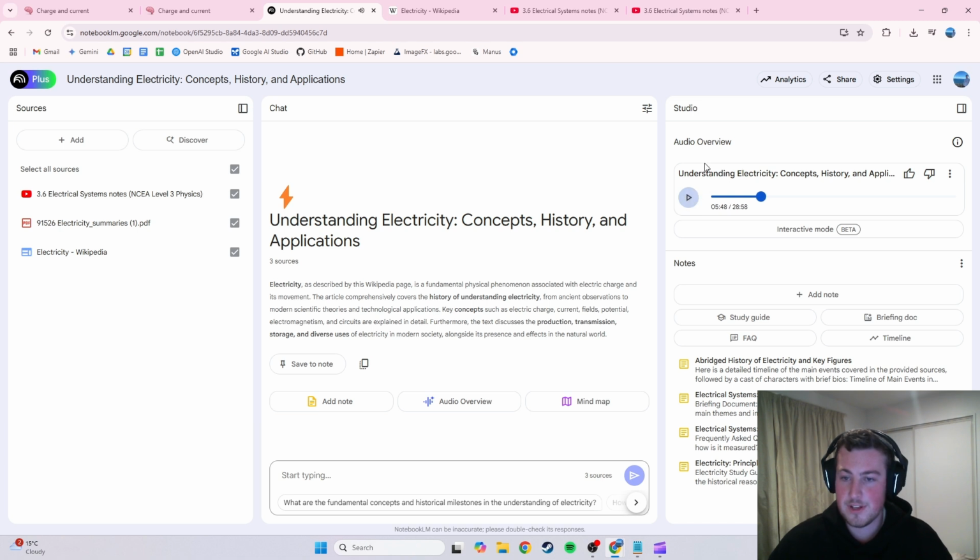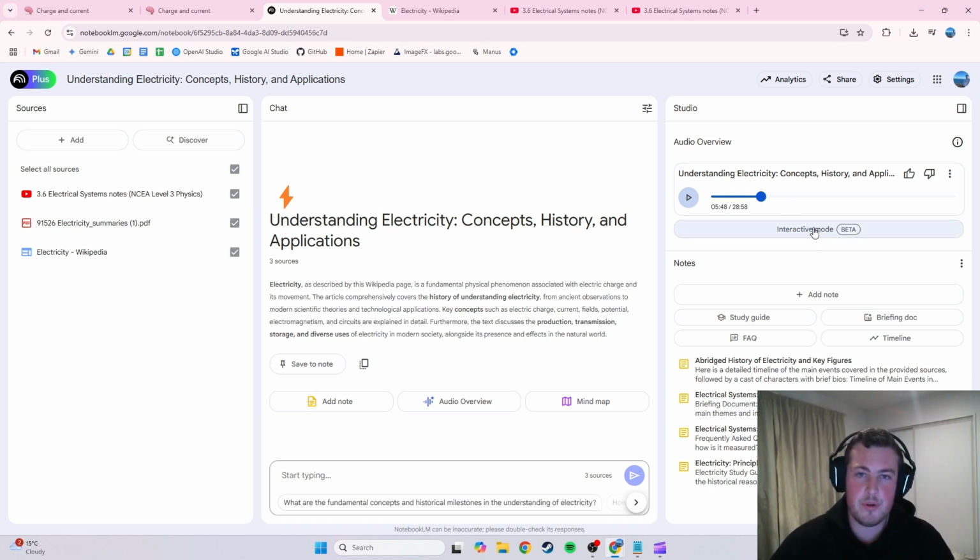So that's a really cool example that I've actually just clicked on, the resistance of electrical flow between parallel and series, which is quite a conceptual thing to get your head around when you're first learning about it, and it's actually done a really cool example of thinking about it as highways. So that's really cool. And so then you've got this whole 28-minute podcast that you can listen to, but there